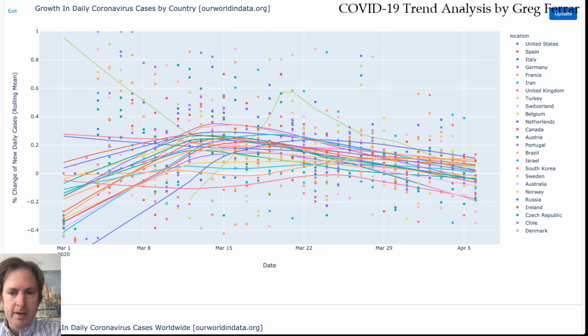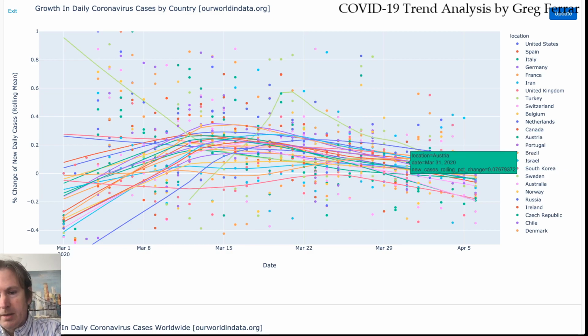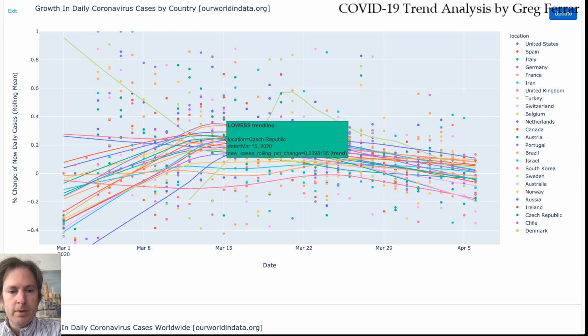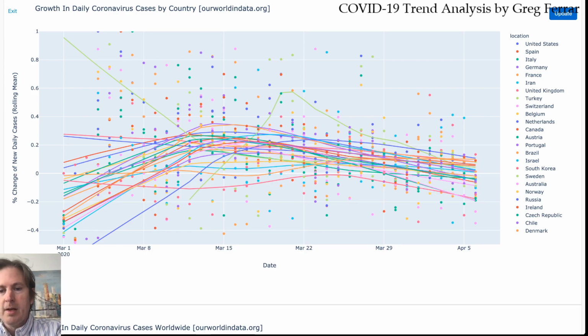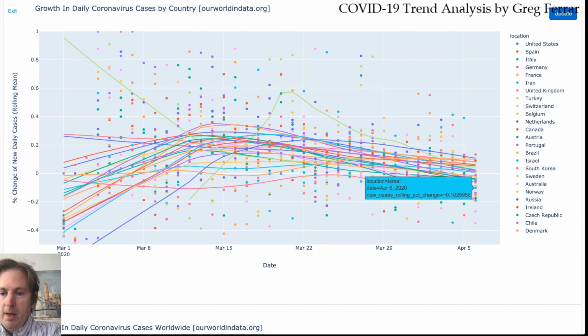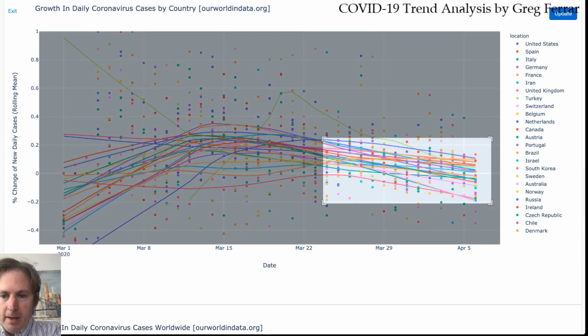But my favorite graph is the rope chart. Main thing to see on the rope chart, the broad trend of growth for all countries is headed downward. Around March 14th, 13th, 15th, the world turned a corner in its growth trends and started seeing the growth rates dropping. Doesn't mean we're not getting more and more cases each day. These countries all see more and more cases each day because they're above 0 in growth. But it does mean that they're all heading, I think all, at this point, we'll zoom in, I think maybe every single one of them